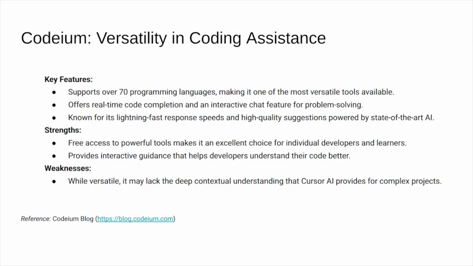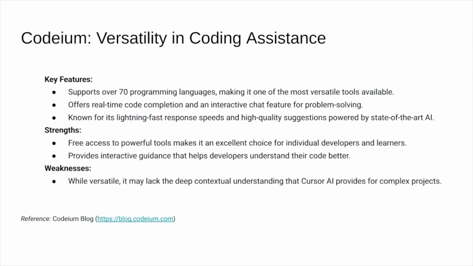Talking about Codium, its key features are it supports 70 plus programming languages, it offers real-time code completions and has an interactive chat feature. It is known for its lightning fast response speeds and high quality suggestions. The strengths of Codium are it provides free access to these powerful tools initially. It provides interactive guidance for developers, which helps them to understand the code better. The weakness of Codium is while it provides a lot of versatility, it may lack deep contextual understanding when compared